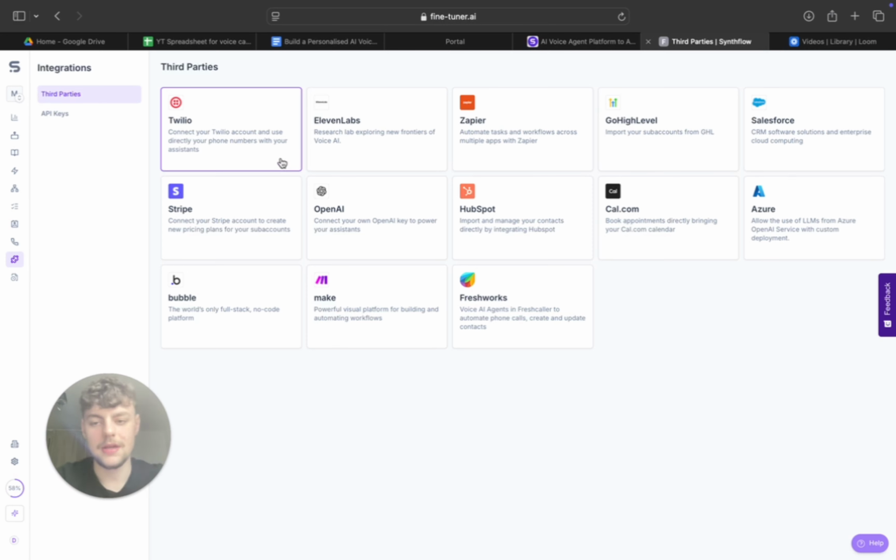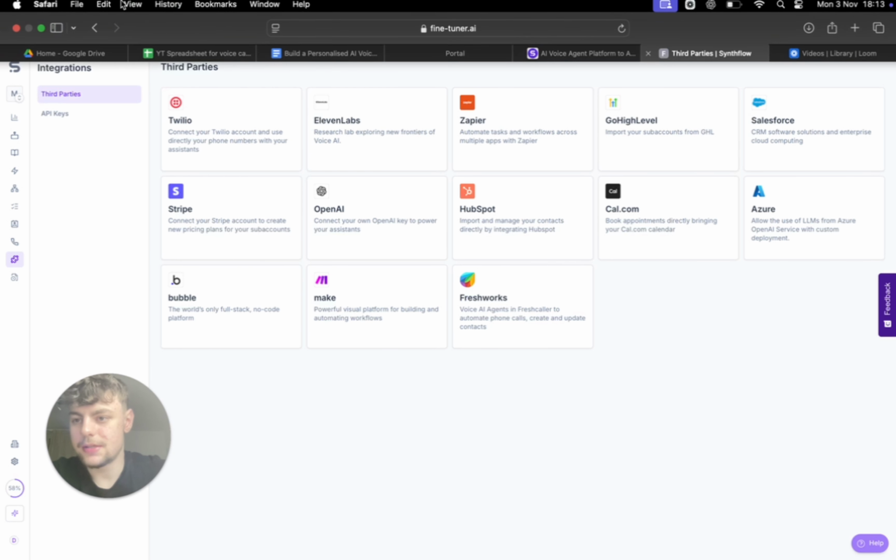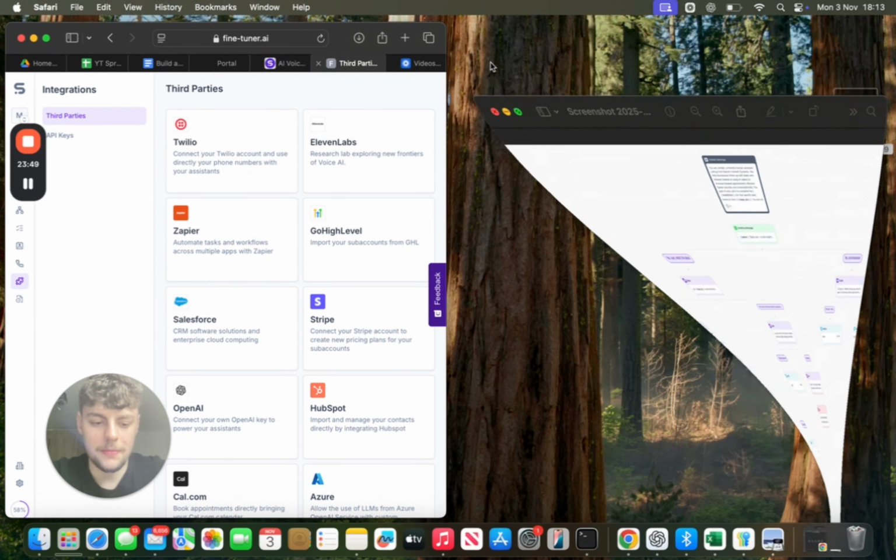If you don't know what Twilio is, basically you can buy phone numbers from here, because I think the numbers you buy from Synthflow you can only buy from America, so the USA, Canada, and I believe Australia or somewhere like that. Obviously I'm in the UK, so I can't buy a number directly through Synthflow. The cheapest is about $1, and I think it's around the same on Twilio. I just don't have a Twilio account to connect to it, but you can connect your Twilio and add any number into here. And to actually add the model ID